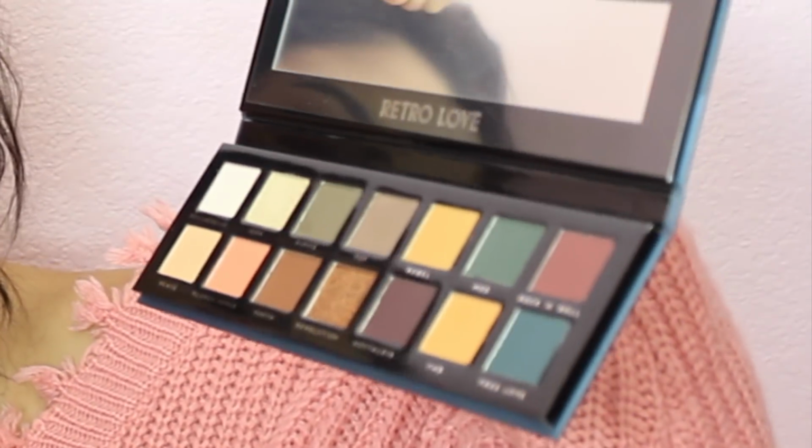But this Retro Love palette is $10. It is better than the original Subculture. The colors blend beautifully. They look identical. And I just love this palette. Super pretty. I have used this palette. I have tried to create the same looks that I did with the Subculture. Again, it comes with this. And this one was a lot easier to work with on my eyes personally than the original Subculture. So if that tells you anything, girl,